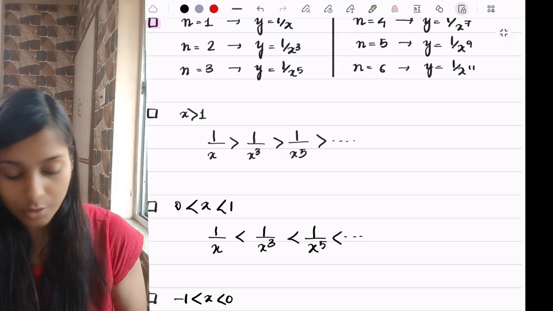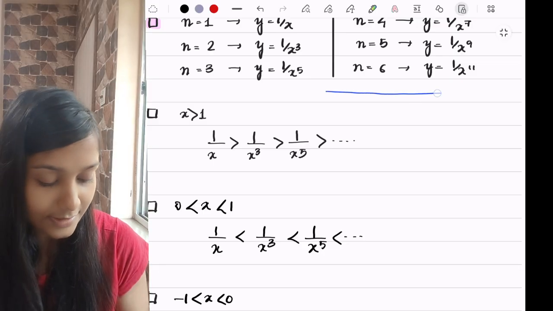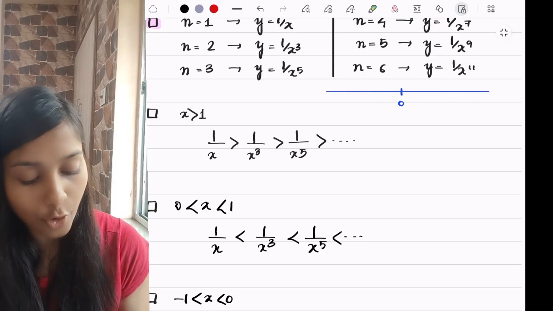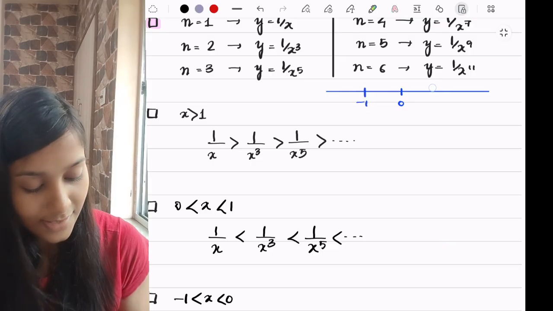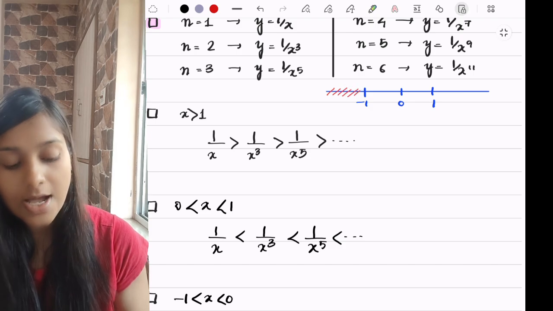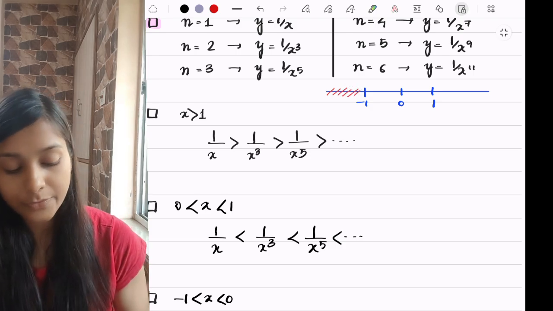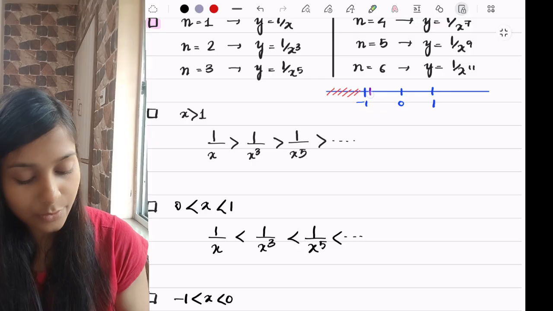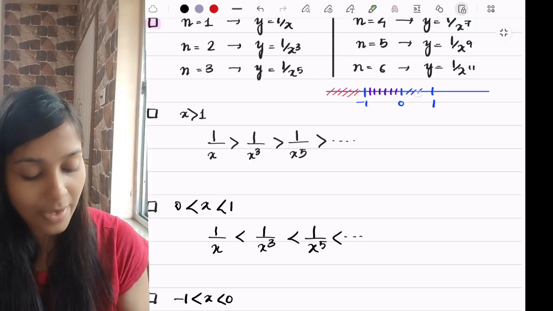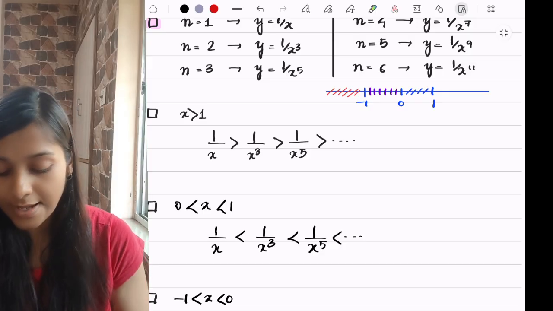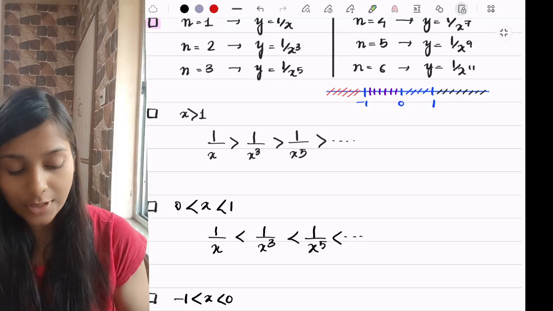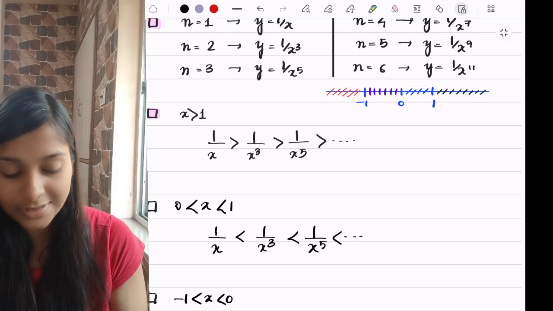So let me show. Suppose this one is the real line. We can divide it into 4 parts. There is this part which is minus infinity to minus 1. Next, there is this part which is minus 1 to 0. Next, there is this part which is 0 to 1. And lastly, here it is 1 to infinity. So let us now understand how these functions